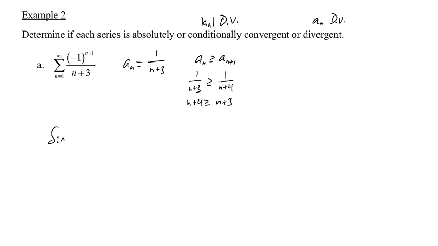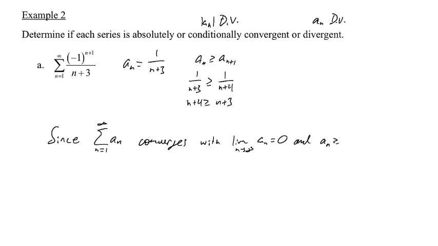So I'm going to say since the series for a sub n converges with the limit as n approaches infinity of a sub n equaling 0, and a sub n is greater than or equal to a sub n plus 1,